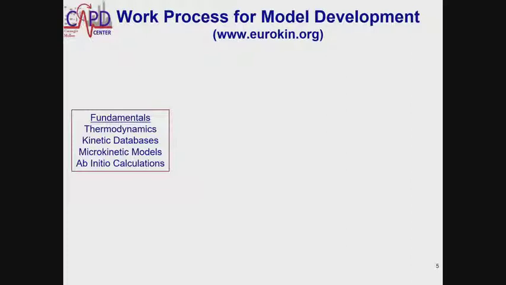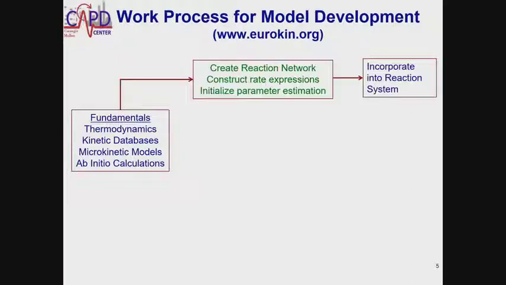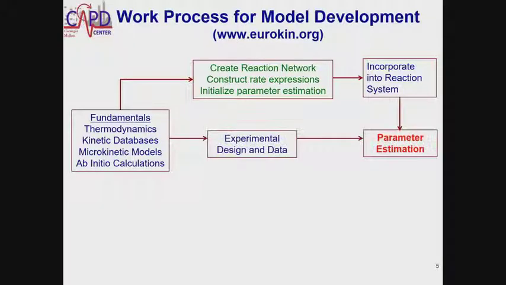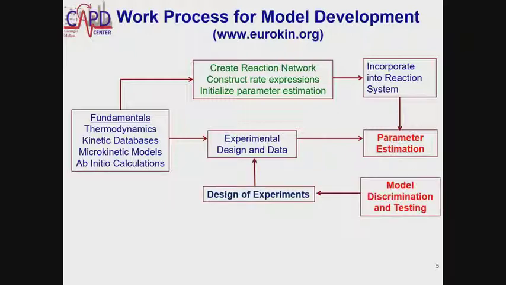And the first thing is to think about the fundamentals, starting from very detailed calculations at the atomic level, moving up to something at the molecular level, and eventually developing kinetics and thermodynamic relationships. That goes into constructing the reaction network and the rate expressions, and then initial parameter estimates over here. From there, we incorporate that into a reaction system, and this is where we see the optimization tools that we need to apply. We do the model discrimination as well. Sorry, there should be an arrow here.